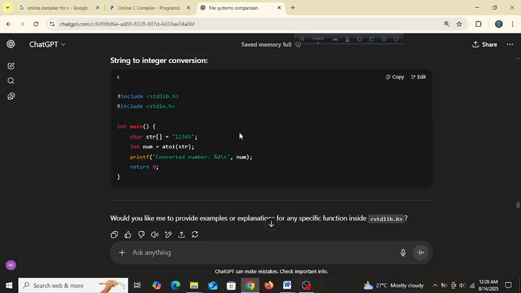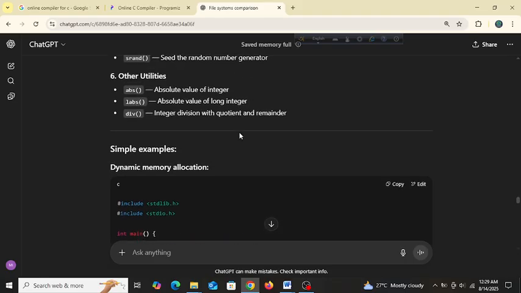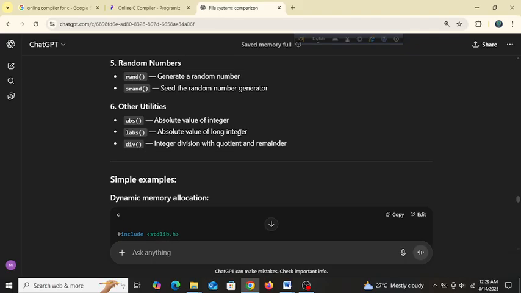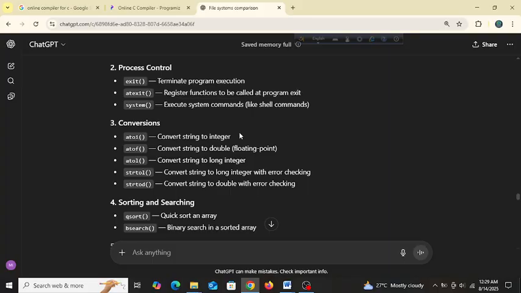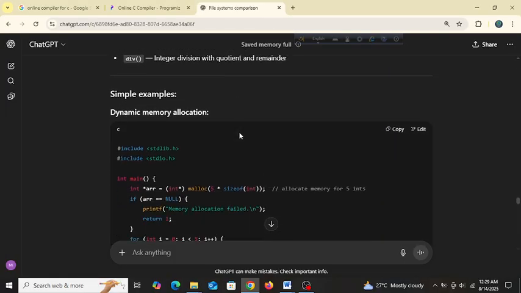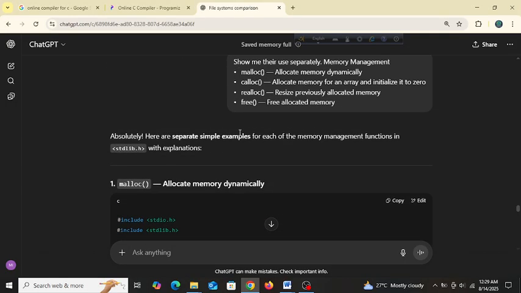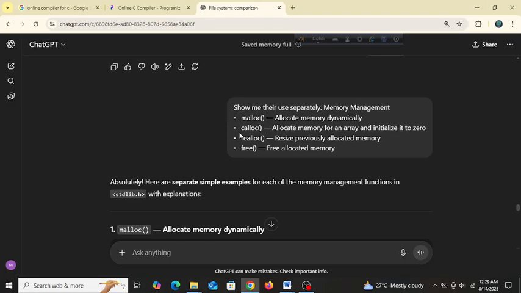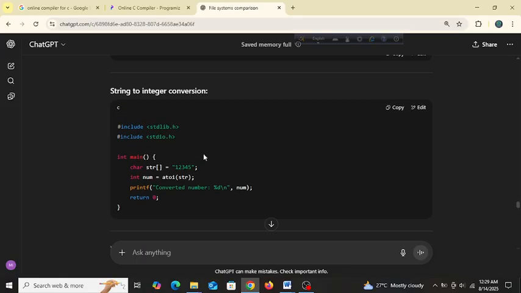String to integer conversion, okay. So let's see what's happening. String to integer conversion, dynamic memory allocation. Conversions, okay, so it's showing us another function here.